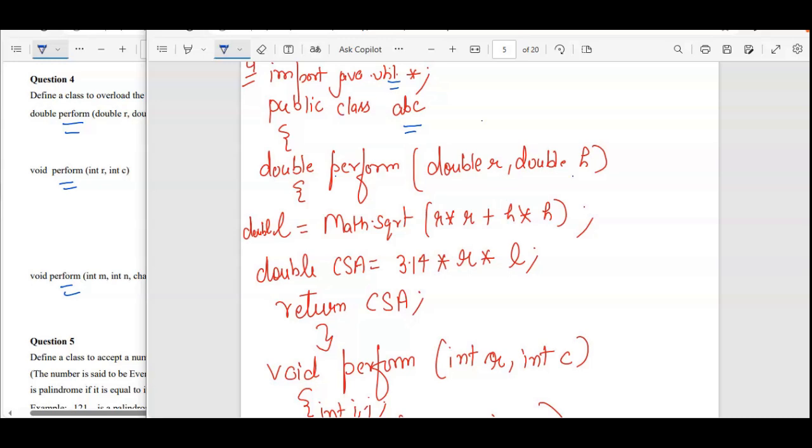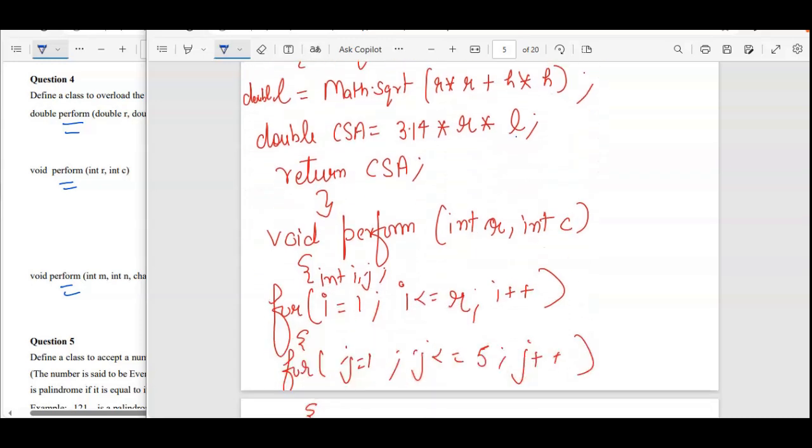They are asking you to find the curved surface area. For that, value of L is required, and L you can calculate by using this function. As such, you don't need to use any much logical part because everything, all the functions, expression, everything is given in the question itself. You just have to convert it into Java expression.